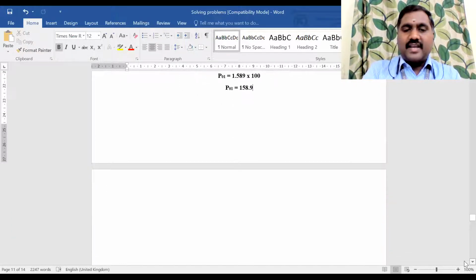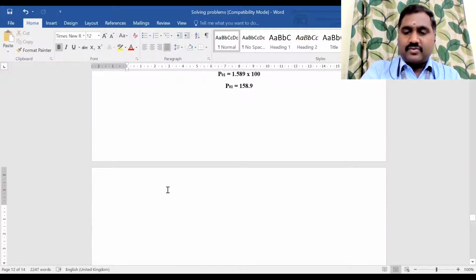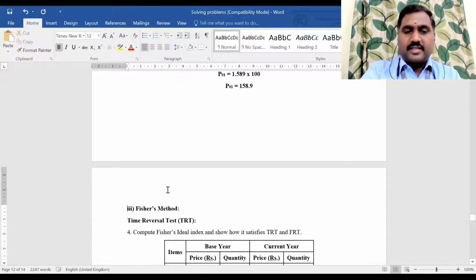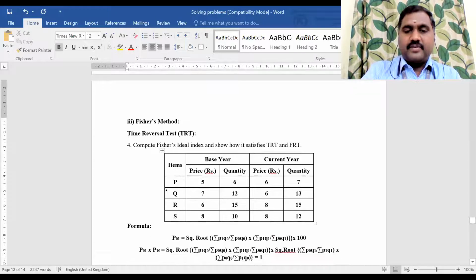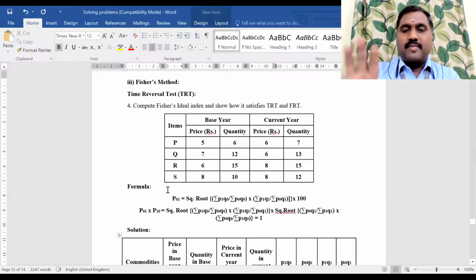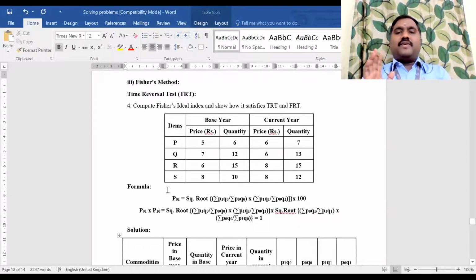See, which is there in the slide, it is also there in the Word document. So don't worry about the slide. Yeah, this is the next problem. Okay, you copy this problem and you work it out and tell me. I'll give 10 minutes time.